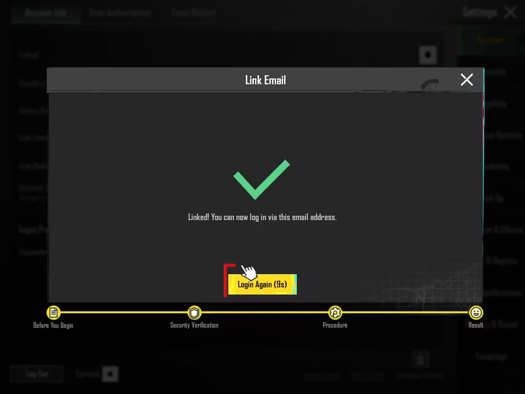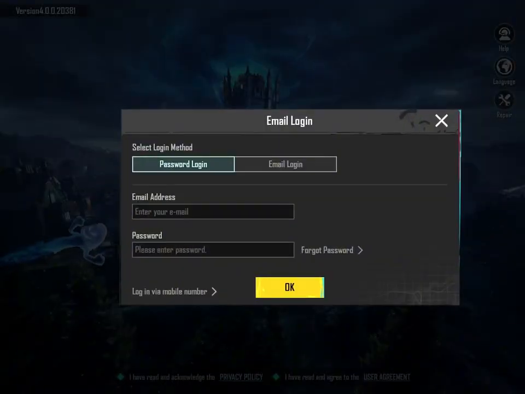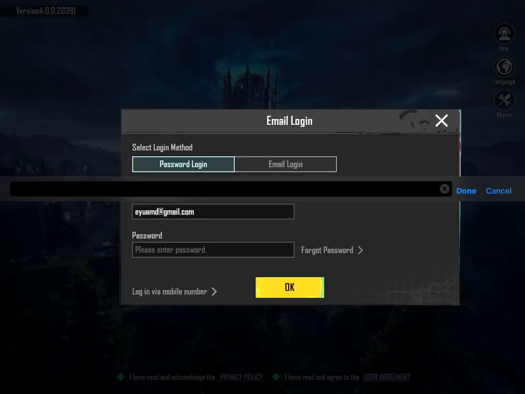So they're going to ask us to log in again with our email. So we're going to click on the login again option. So we're going to click on phone or email option. So since we're going to log in with our email,